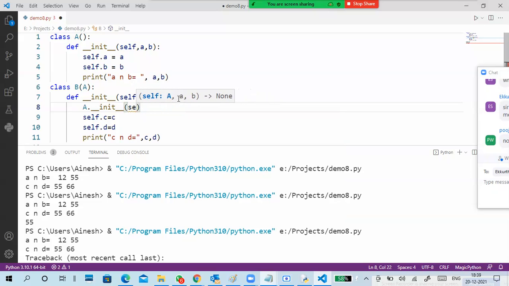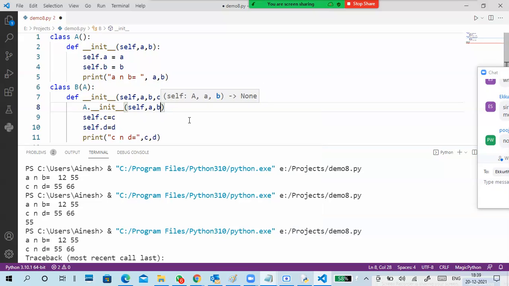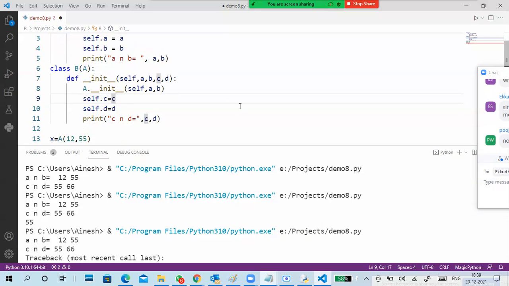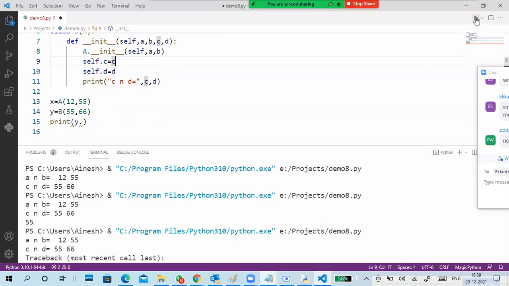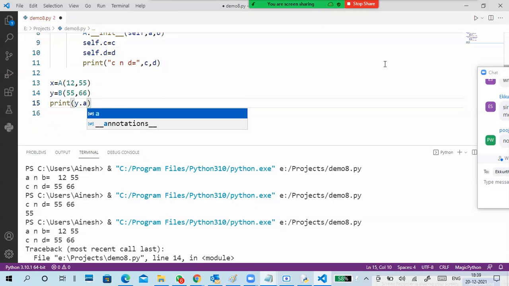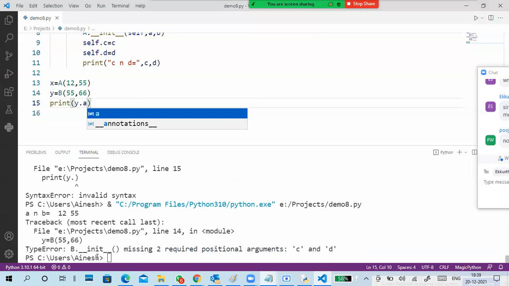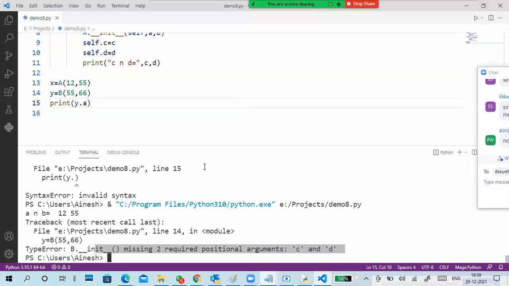What happened to this self comma a comma b? So try again. I didn't mention anything, right? So a initiating missing